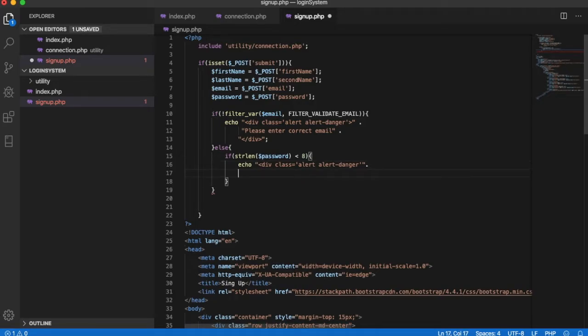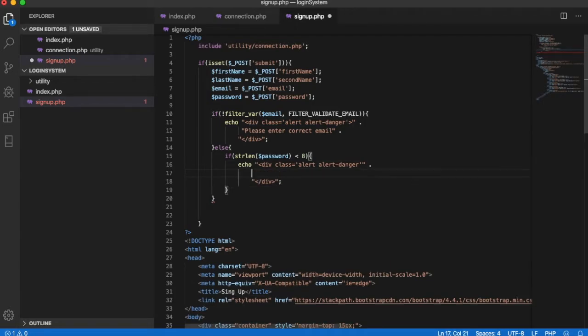So let's concatenate it, and sorry, the message will be, so first we'll close our div, and the message will be password should not be less than 8 characters. Okay, so